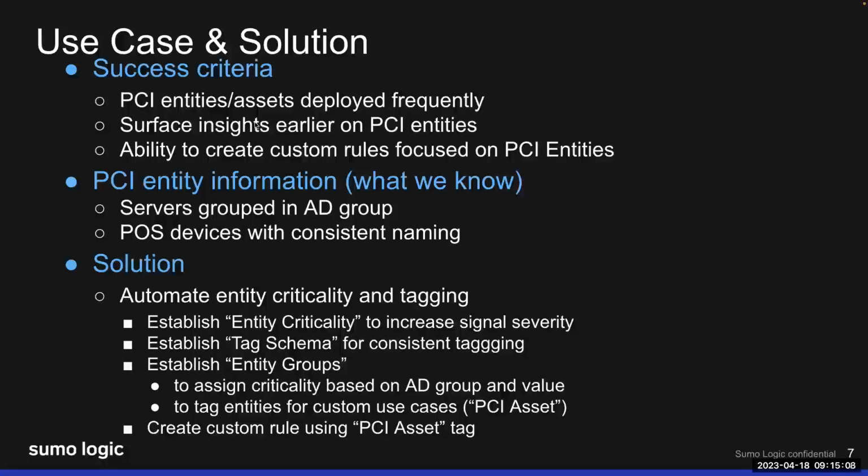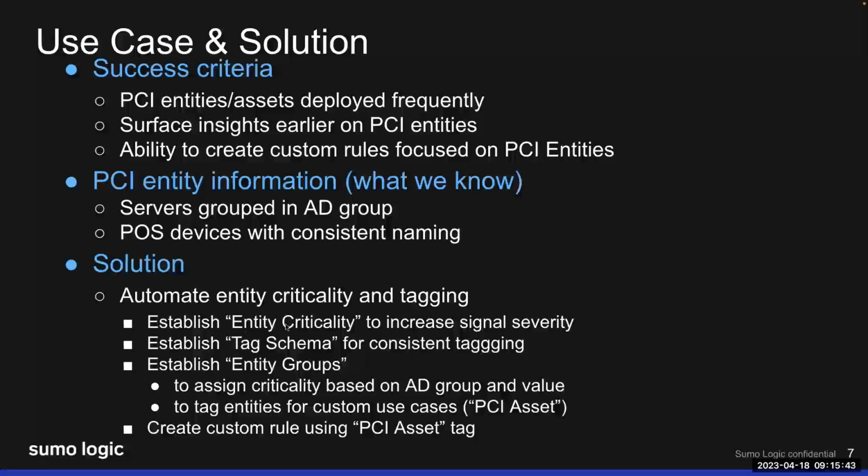So what we know, let's say in the customer environment, is that anything related to PCI servers that are serving information are grouped within an Active Directory group. And then let's say point of sales devices maybe use a consistent naming convention, or they have specific subnets that are leveraged, where we can take advantage of the actual IP address ranges to then assign information. So to actually accomplish this, what we're going to do first is